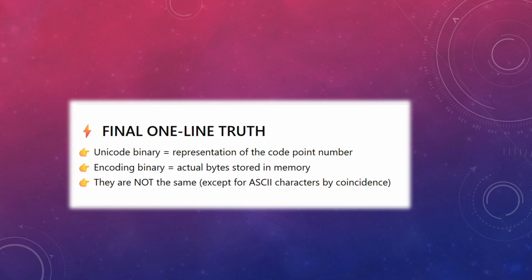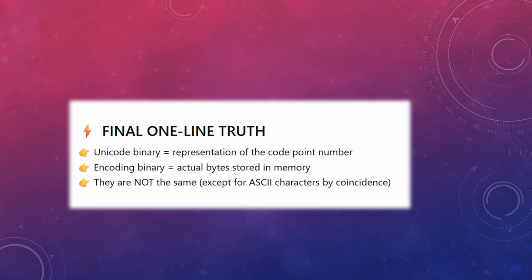One line of truth: Unicode binary means the representation of the code point number. If you want to understand how the computer actually calculates the Unicode binary number, you can ping me and I will go deeper into it. But right now, just understand what Unicode is. It is a unique identity representation in numerical format for each character. It can be a character, emojis, your language. For example, Arabic alphabets are different and our English alphabets are different, and so are Turkish alphabets.